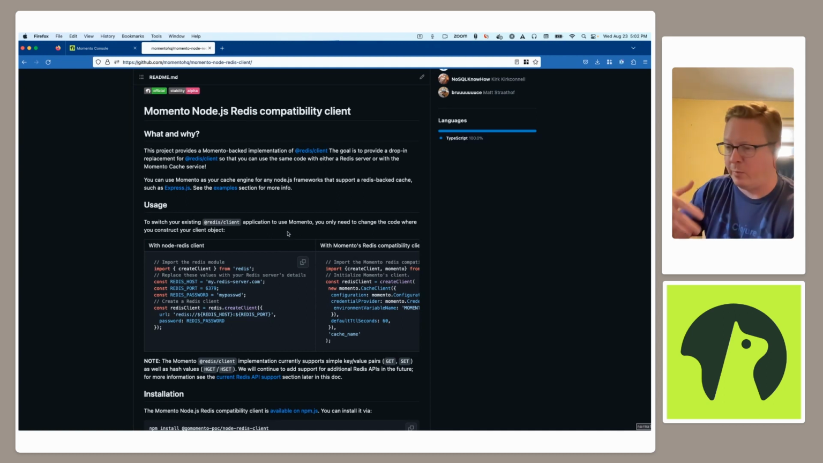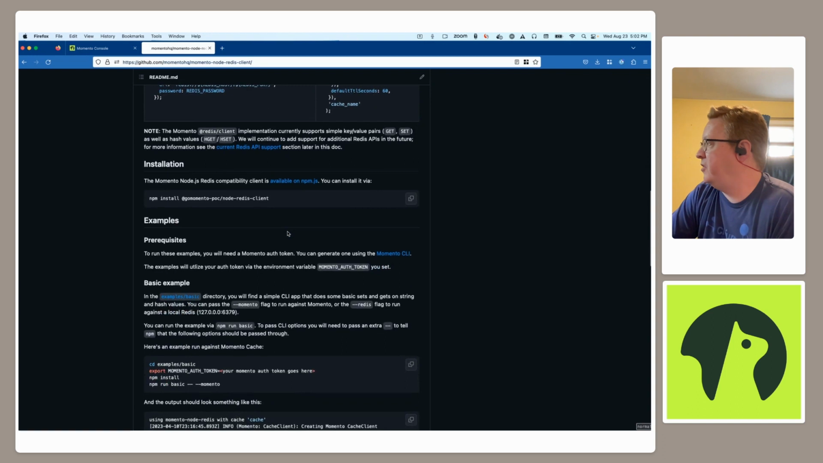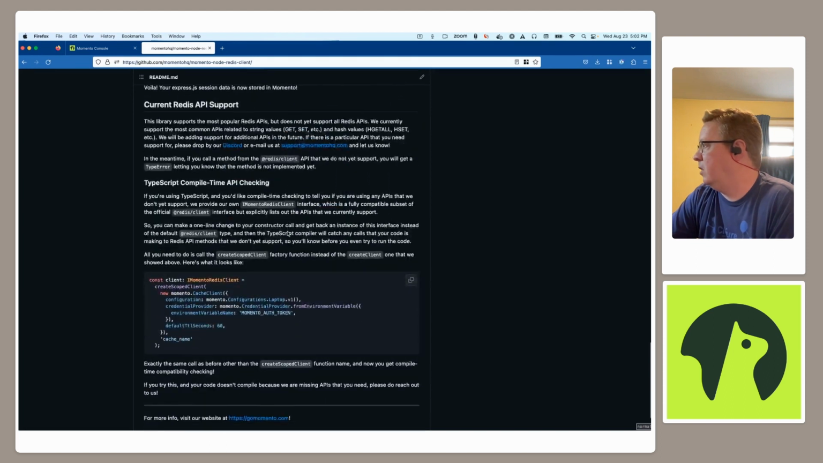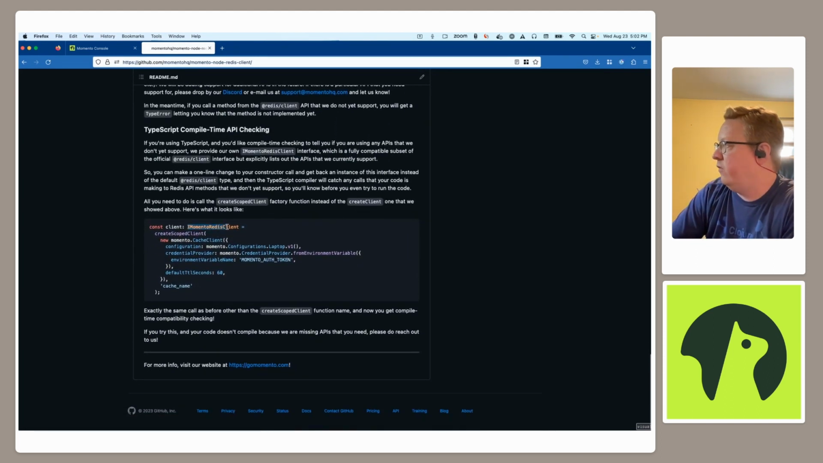And then we're rapidly working on adding those as users request them in the different programming languages. And a lot of these clients that we've been working on so far, we also provide our own custom interface. So here you can see we have this special interface called Momento Redis client. This is actually a subset of the official interface of the normal Redis client, the one that comes from the Node Redis library. And so what that means is that when you are declaring your client variable, you just add in this one little snippet of code here that tells the TypeScript compiler that you want it to interpret